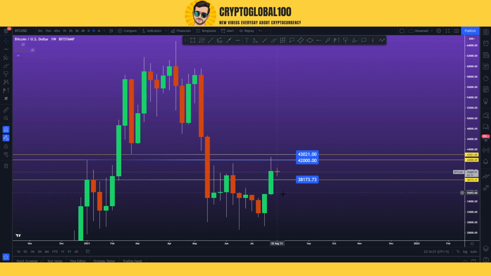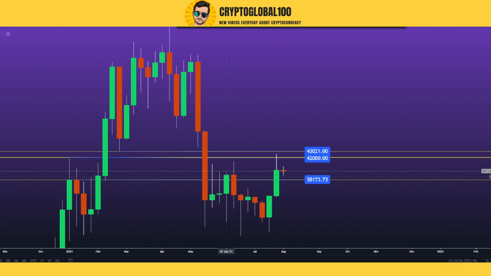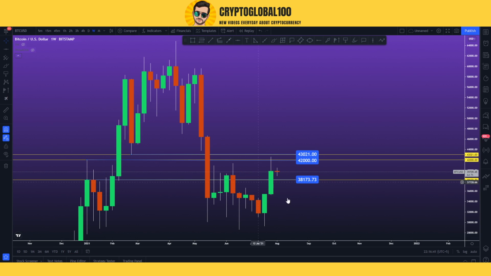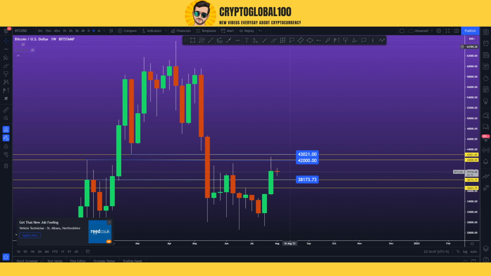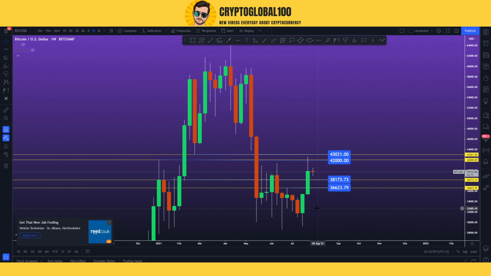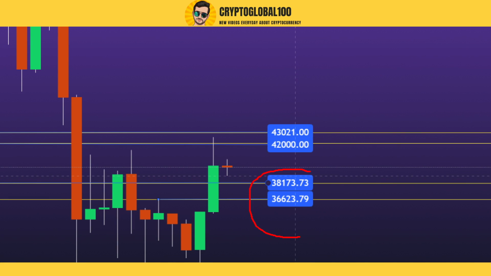On the downside, now let's talk about the downside. Here in this region of the weekly area, this candle is the swing high candle. I usually don't take red candles as a swing high candle. I take green candles as a swing high candle. So if we draw a level here, we have this level, another. Only on the weekly chart, guys. So this is my support level on the weekly chart.